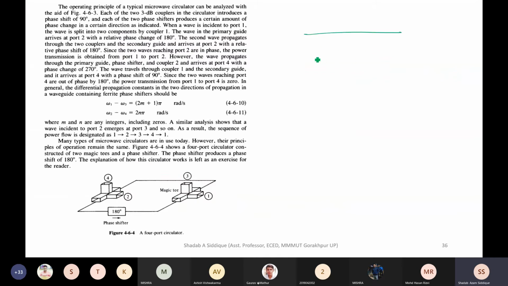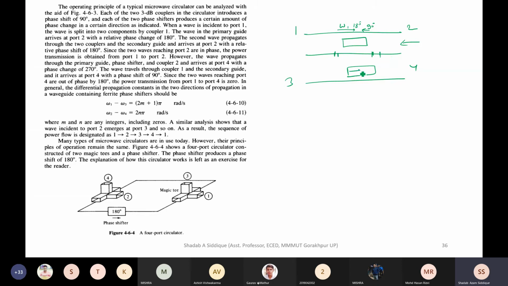So I'll take the directional coupler here, and the phase shifter which we are talking about, this one. If you are applying input from port 2, with ports 1, 2, 3, 4, then it should reach port 3 only, not port 4, not port 1. So this is in the forward direction. We have omega 1 which is 180 degree, and the backward which is omega 2 which is called 90 degree. So you should take this phase shifter, that should apply for all the ports.